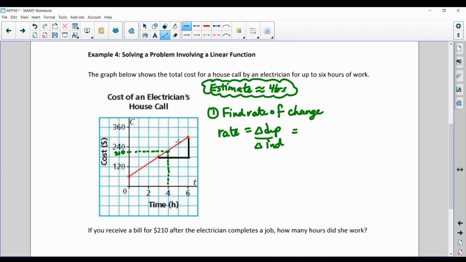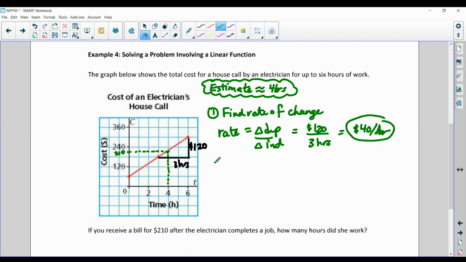So these two dots I feel confident about, these red dots, because they're provided and they land right on grid points. And so if I look at those two dots, I can see that this went up 2 squares, which is $120 over a period of 3 squares along here, which is 3 hours. So that allows me to do some calculations here, that it was $120 for 3 hours of work. Therefore, it appears to be $40